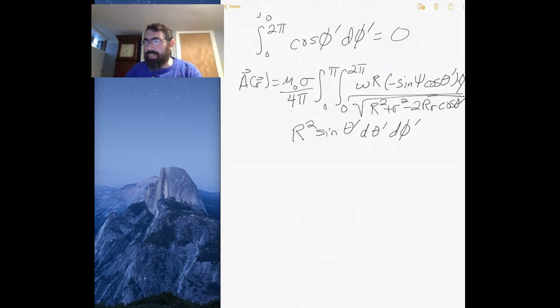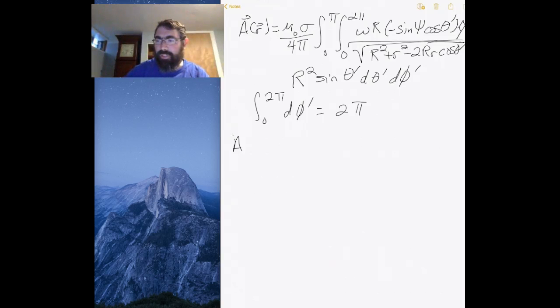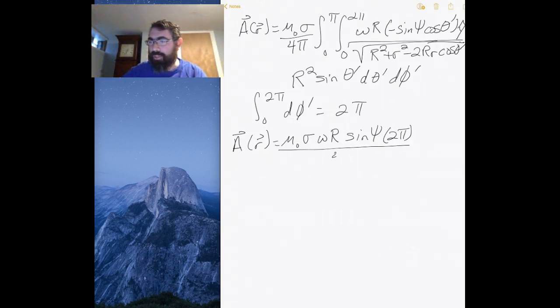So nothing in there is phi dependent. So the integral of 0 to 2 pi d phi prime is just 2 pi. And then we can take everything out that isn't a theta. And so what we're left with is mu 0 sigma omega r sine psi, 2 pi divided by 4 pi, and what we're left with then is the integral 0 to pi of